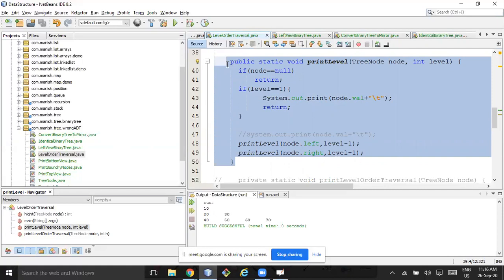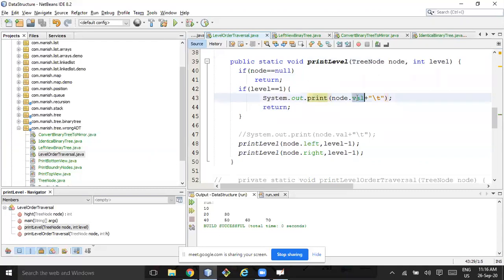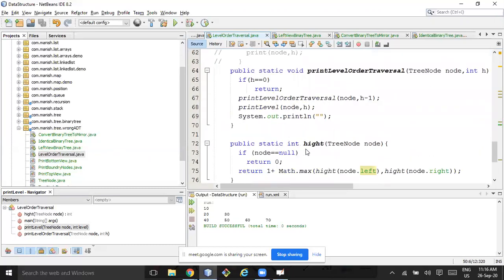Now it's your challenge actually. Work on it after the class, just try to modify this code so that just one element gets printed and after that I exit. Every time node dot left is printed at one level and then it goes down, down, down like that. This is the first simple solution. You just need to tweak somewhere. Where you will be tweaking, it's your responsibility.